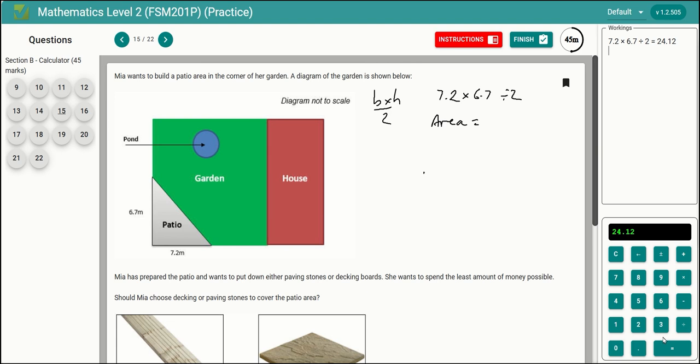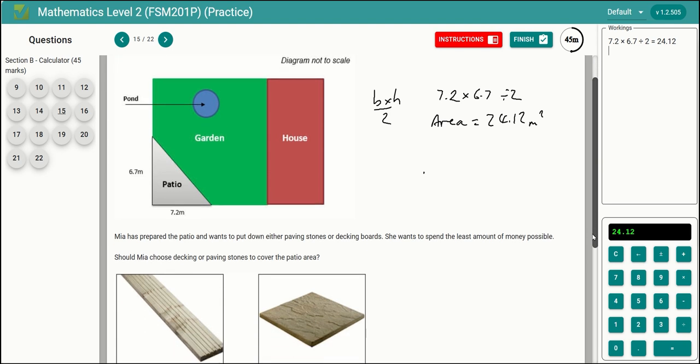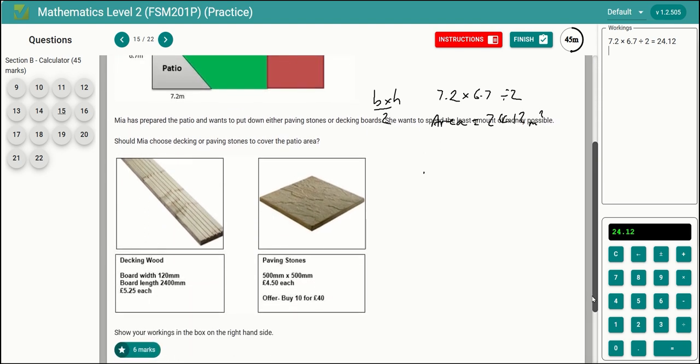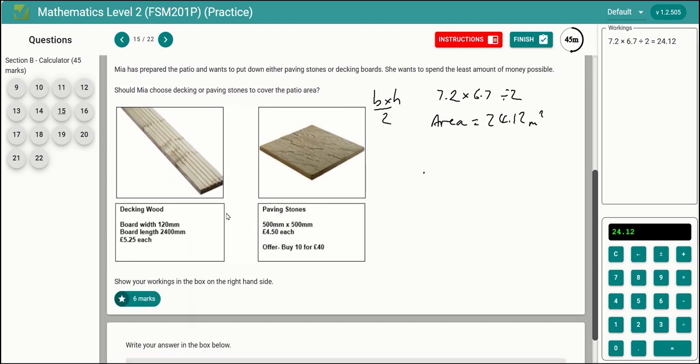Okay, so the area is 24.12, and this is meters squared. Okay, right, let's scroll down a little bit. So what we need to do is work out how much it costs to cover this area in wood